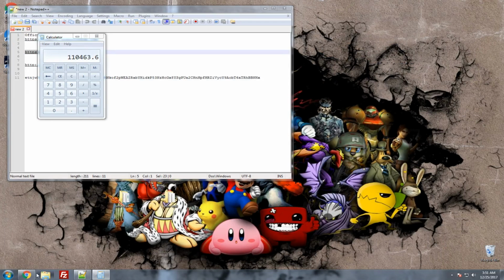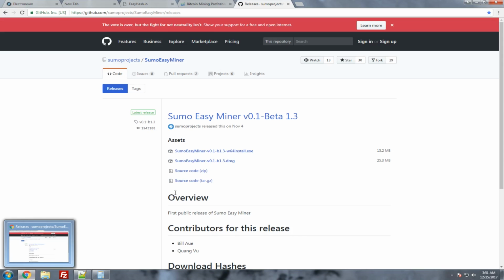Now your actual computer may say that it's a virus. It's not. Just note that, you know, cryptocurrencies, there's some people out there who do it for malware, and you may have it on your computer and not know it, that kind of thing. So that's why it usually false sets